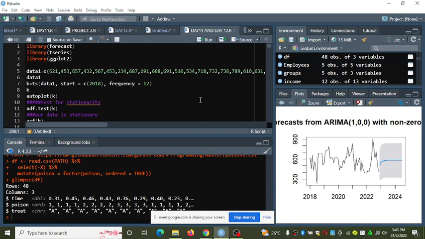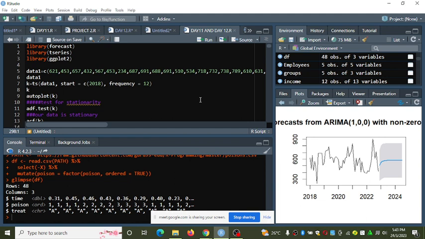So the functions that I will be using here will be from those packages. We have the TS function. The TS function in time series is used to tell the compiler to assign data in time series format.